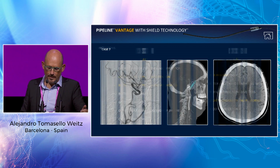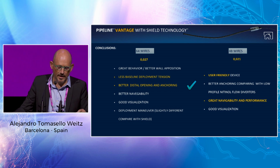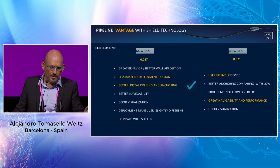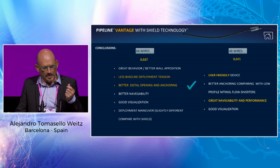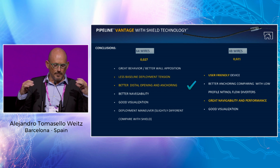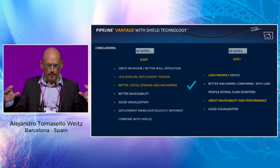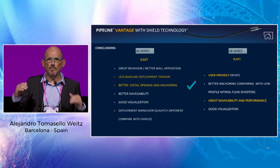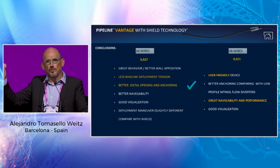In conclusion, in my understanding, the new Vantage, with the 64 wires, the behavior is quite a bit better, with better wall position and better distal opening. And something that I felt when I started to deploy the stent was that the basal tension of the deployment was lower, probably 1 or 2 steps below compared to when you work with